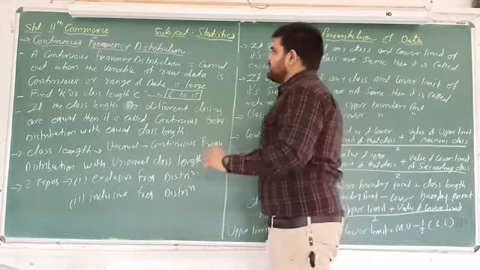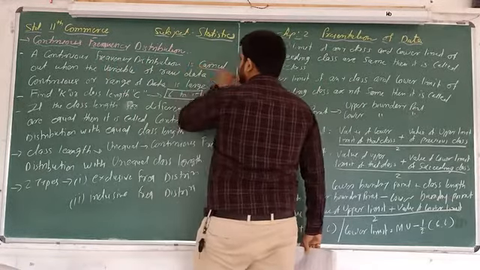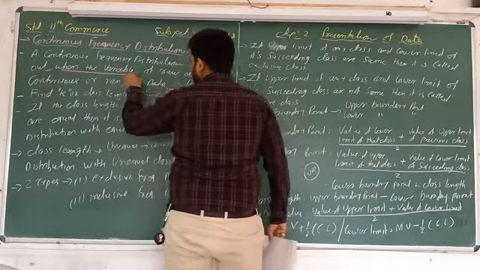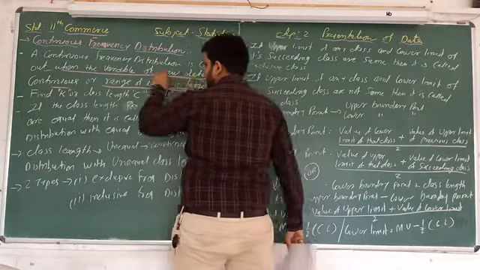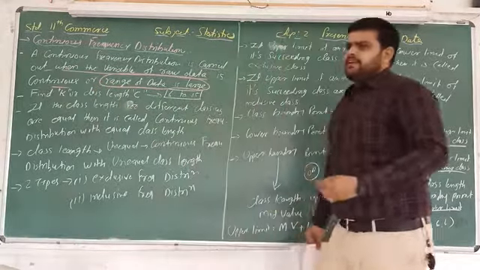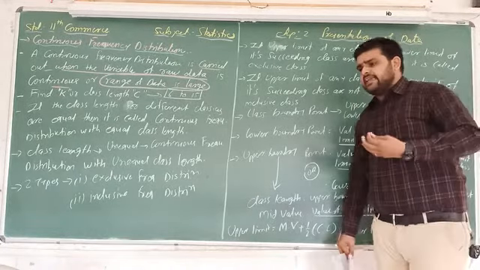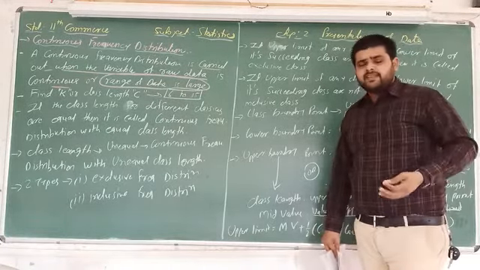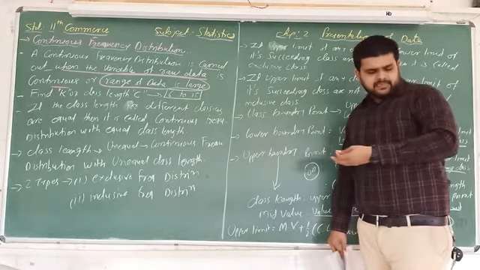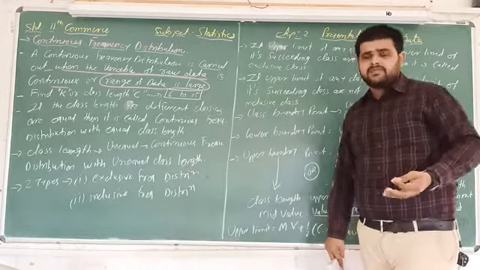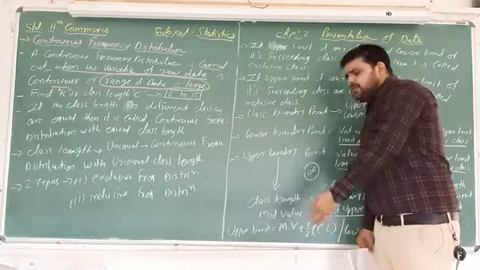So here, what is continuous frequency distribution? A continuous frequency distribution is carried out when the variable of raw data is continuous or the range of data is large. See, in the examples we learned, if accidents are there, so 0, 1, 2, 3, 4, 5; number of children 0, 1, 2, 3. In the last example we discussed, defective problems 0, 1, 2, 3, 4, 5, up to 5 or 10, then it's okay to do all the columns.